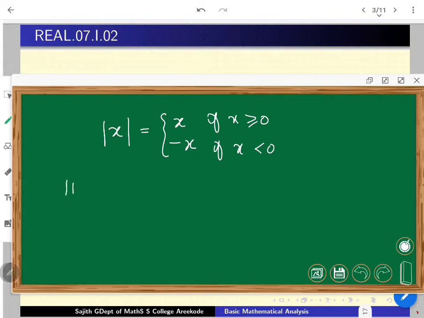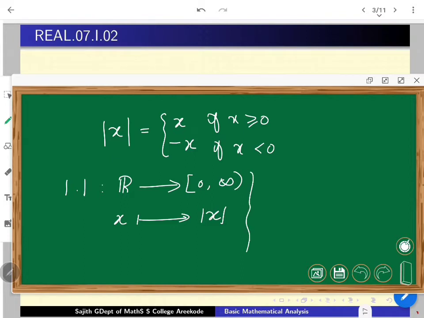If you are looking at this as a function, I may write it as a function f, working from R to R. In fact, it's non-negative, so I can land upon 0 to infinity. So you can treat this as a function, each x going to its modulus. If I put 2, it is going to be 2 itself. If you put minus half, you will get half. So this function, as I mentioned before, carries the seeds of geometry.